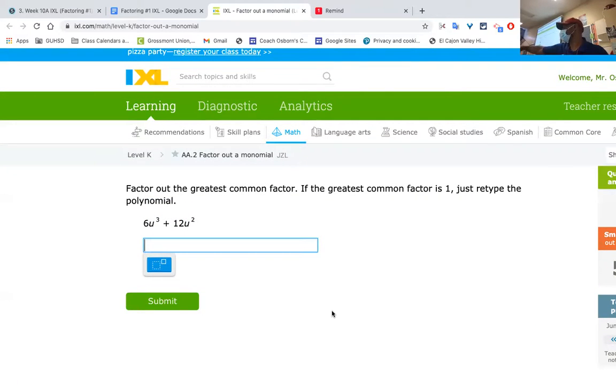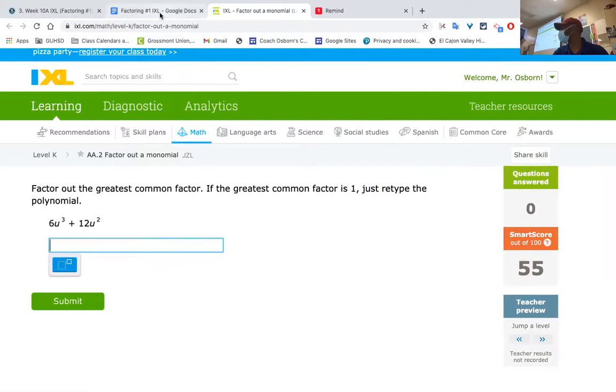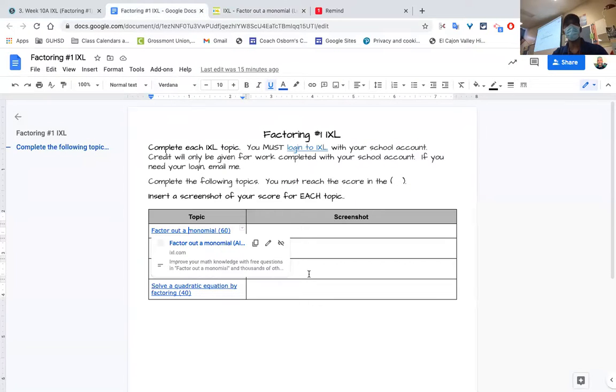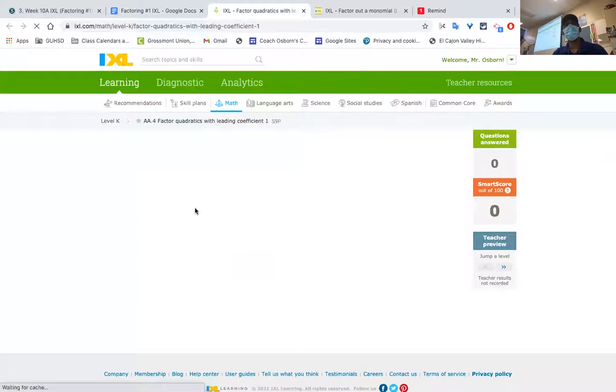That would be your C right there. So these are all monomials, so all of these are going to be the same. You're just going to factor out one number from all of those. The next one